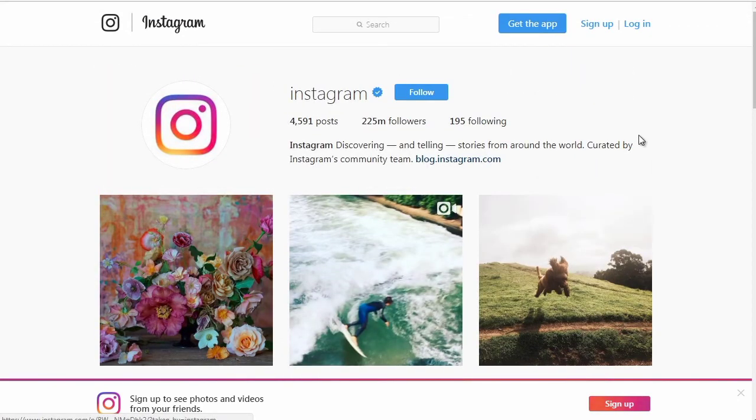Now you can see, like I said, with Instagram, their profile, they're directing you to their blog. They're still trying to gain your trust, right? So they've not directed you to a certain product, but of course that's Instagram. So they could direct you to Instagram.com, but for whatever reason, they chose to direct you to a blog.